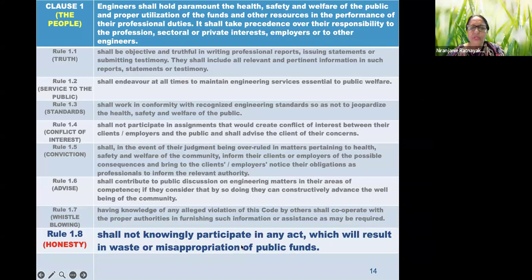Rule number 1.8 is, shall not knowingly participate in any act which will result in waste or misappropriation of public funds, right? So that, I think, is quite clear. When I was a student, a long time ago, one of our lecturers used to say, an engineer is a person who can do with $1 what any damn fool can do for 2. Right, so economy should be in our